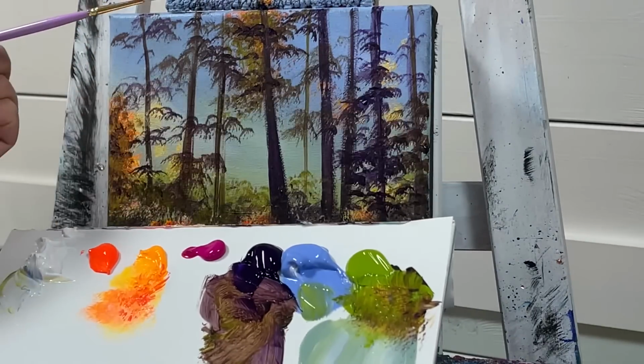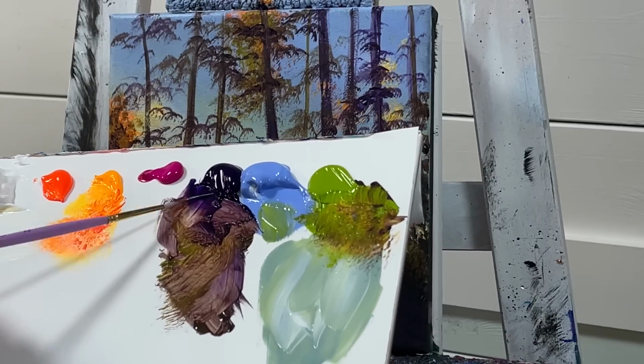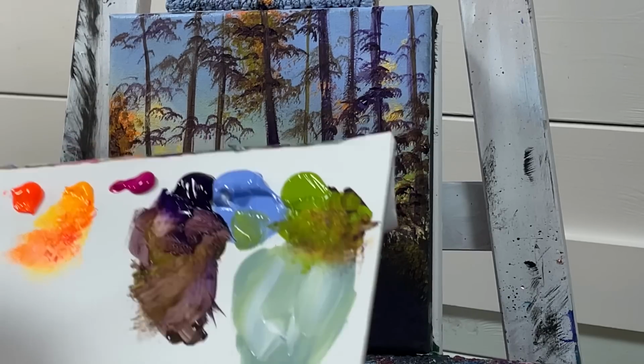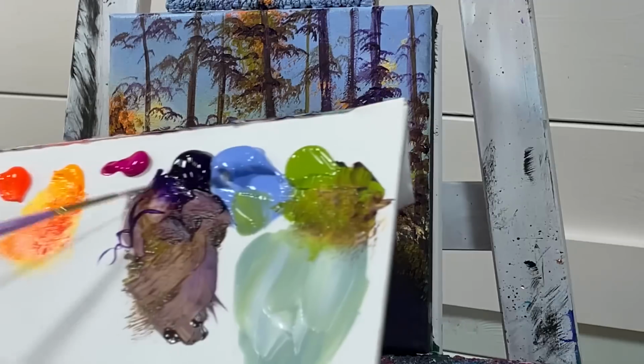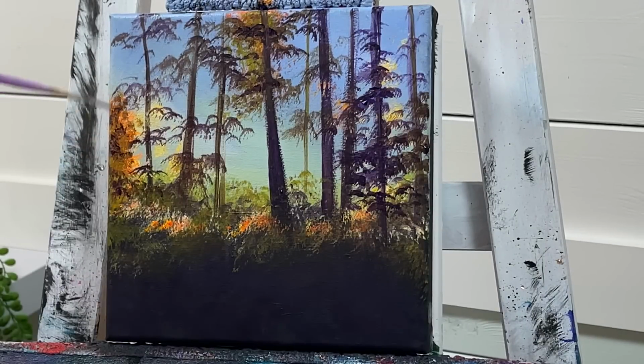So I just add some water to my brush. I'm gonna roll it around in my purple here. Really want to have thin paint in order for it to flow nicely. You should be able to just, without any ease or pressure, do that. If you can't, go back for more water. Okay, so I'm just gonna start coming in here,